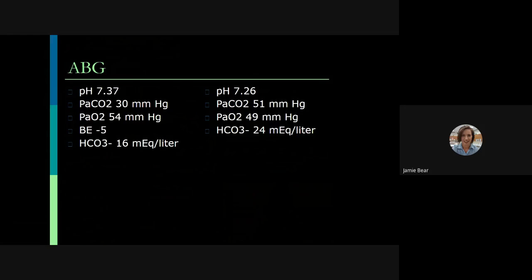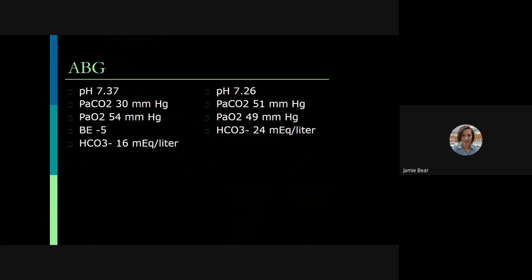Excuse that interruption. Okay, two other samples I want you guys to work on. 7.37, 30, 54, -5, and 16. So if we look at this, 7.37 is within normal limits. PaCO2 of 30 is low, so that would contribute to an alkalosis. PaO2 of 54, and the bicarbonate is 16. So that would also contribute to an